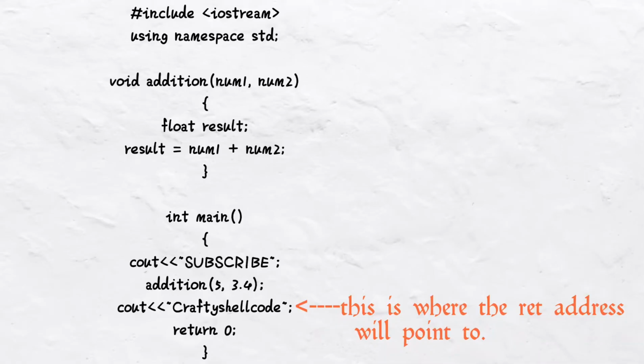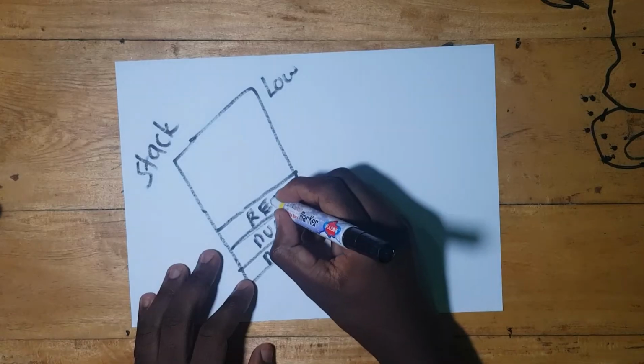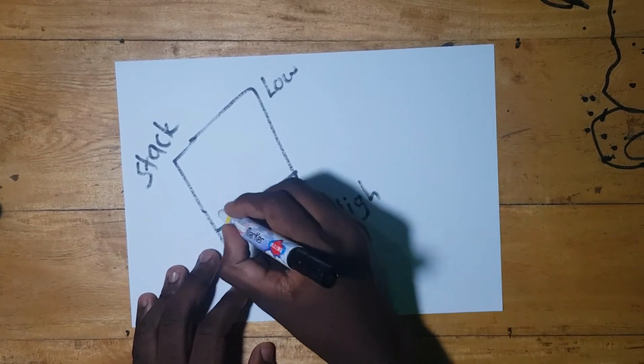So that next instruction to be executed is what will be pointed to by the return address. So in our code, the return address will point to this, because after the execution of addition is complete, where does the computer go? It will return to main, and this will be the instruction that will be put. So return will point to this instruction. After the return address has been placed onto the stack,